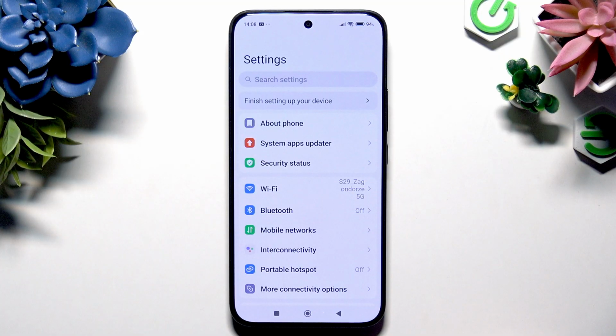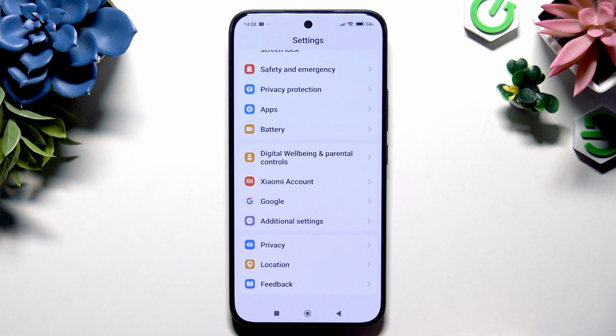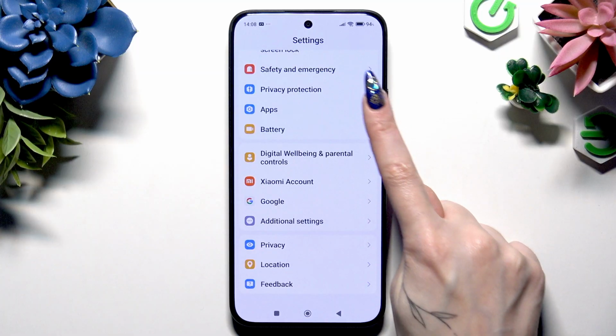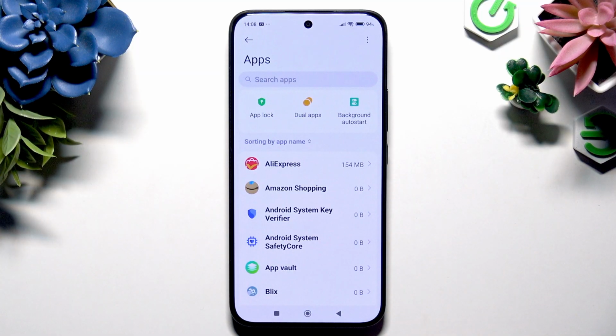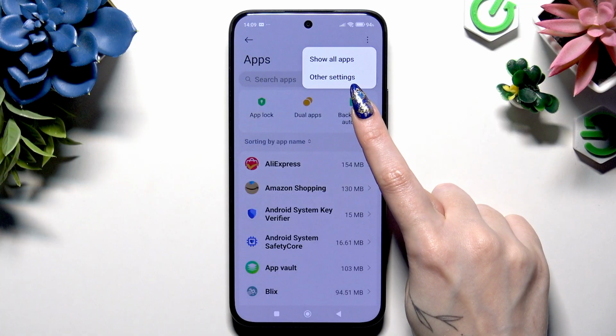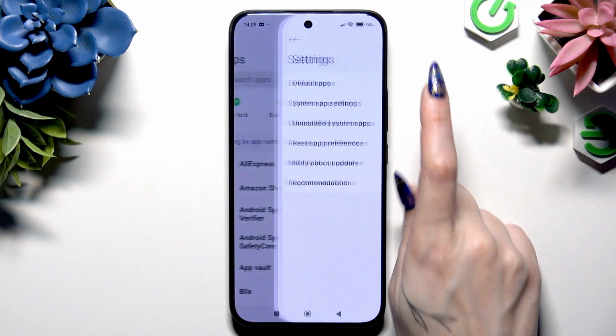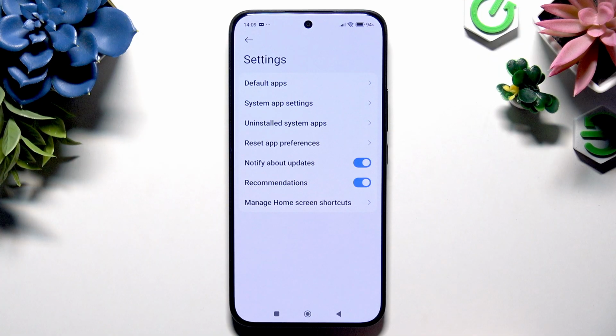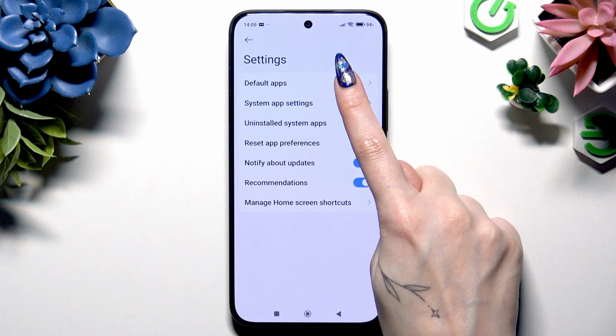After entering Settings, scroll down to hit Apps section available here. Now it's time to access default apps. In order to do that, use those three dots at the top right corner and tap on Other Settings from the pop-up. Then you need to hit Default Apps,